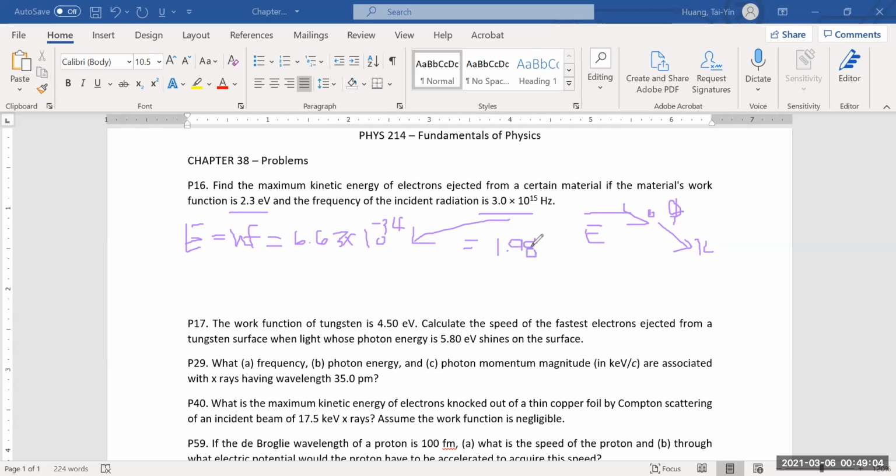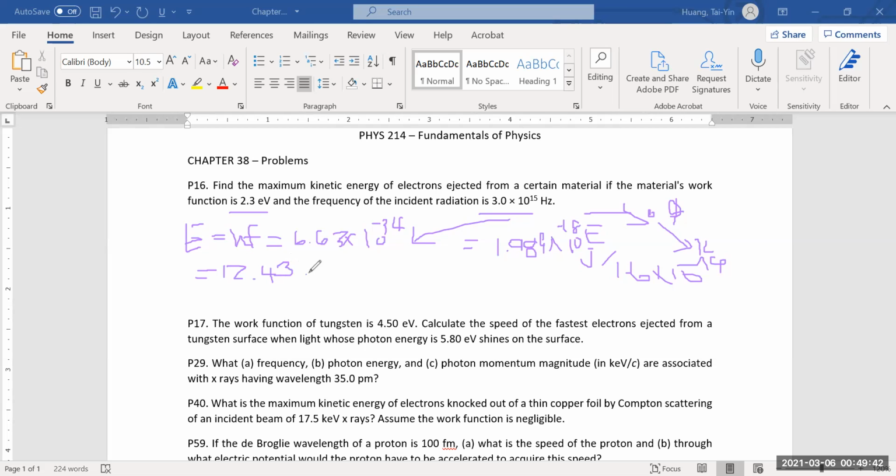1.989 times 10 to the negative 18 joules. That's your energy, and then we can convert it to eV. To convert this value to eV, just divide by 1.6 times 10 to the negative 19, and you will get the energy in eV, which is equal to 12.43